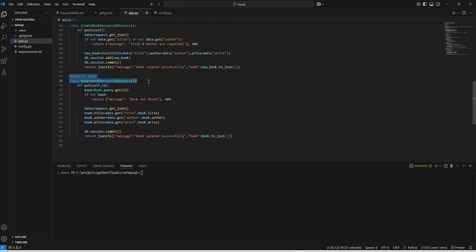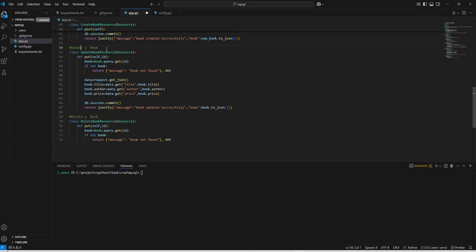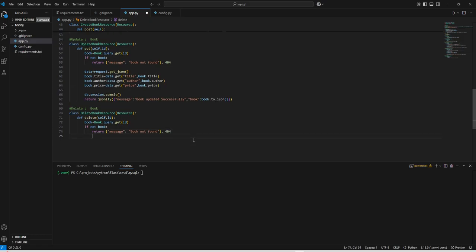Similar way we can use our delete method. So for that, here we can create one more delete book resource, and here we can use the appropriate delete method. And for deleting, we can get the book object first and we can check if book object exists or not, and after that